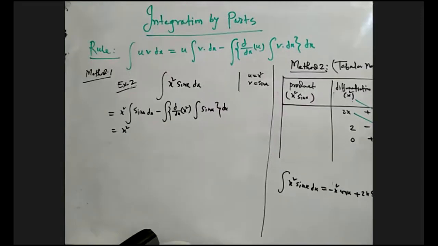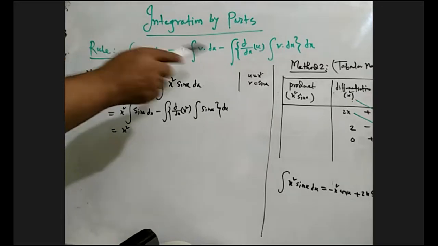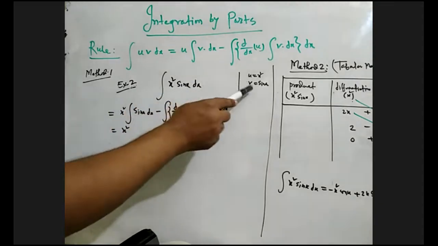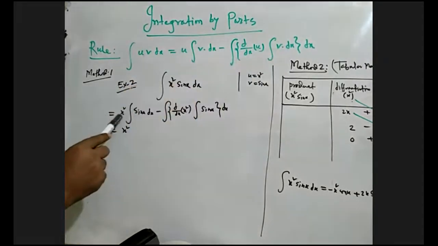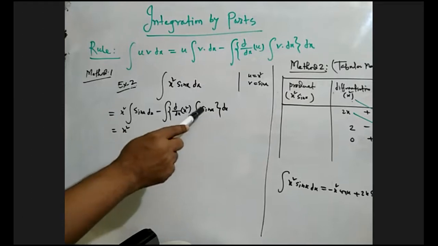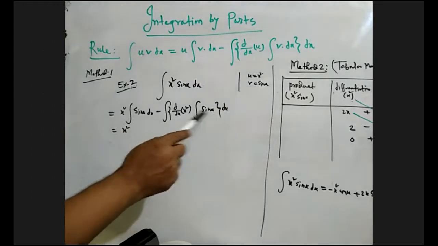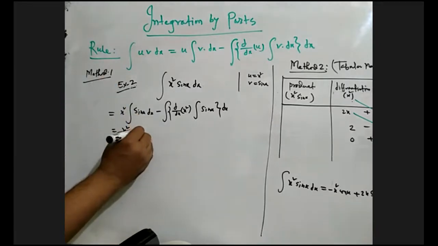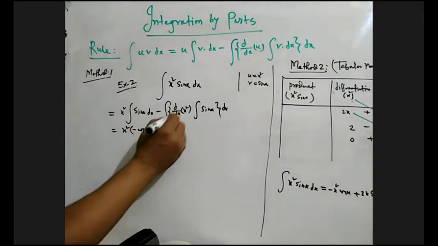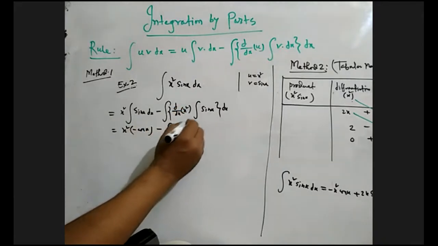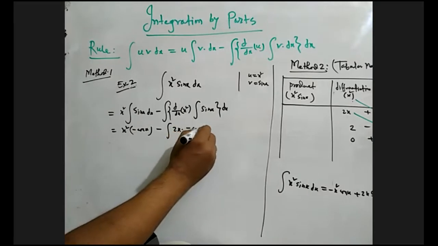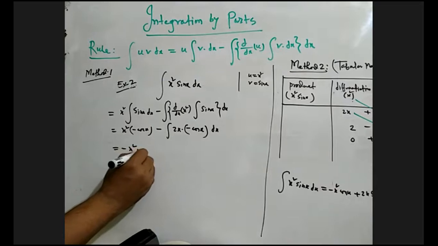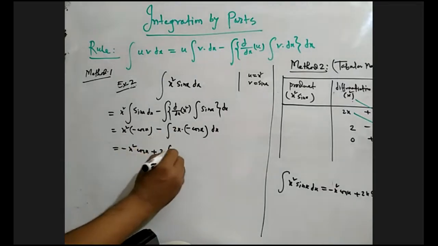Okay, now another example by integration by parts using this rule: x square sine x. Let x square equal u and sine x equal v. Just substituting here: u into integration of v minus differentiation of u, integration of v, again their integration of their product. So sine x integration what will be? Minus cos x, minus x square differentiation what will be? Twice x, and sine x will be minus cos x dx. So x square minus minus plus 2